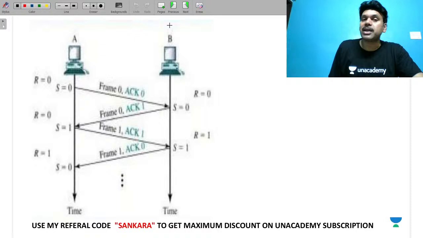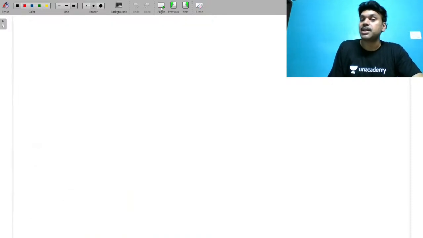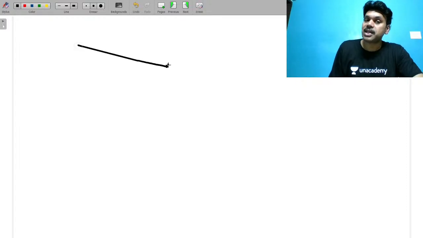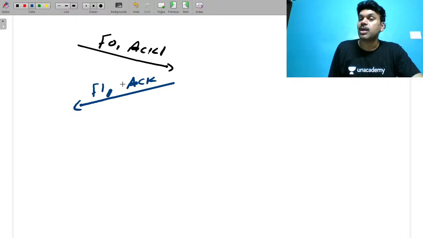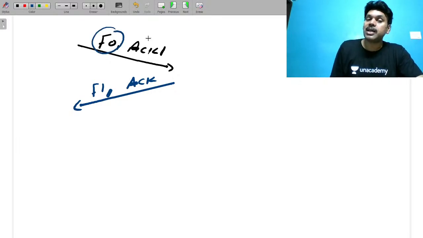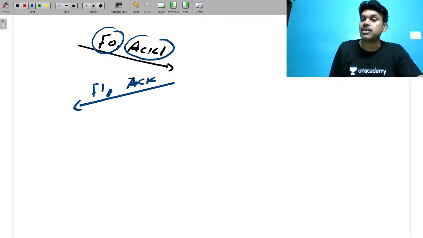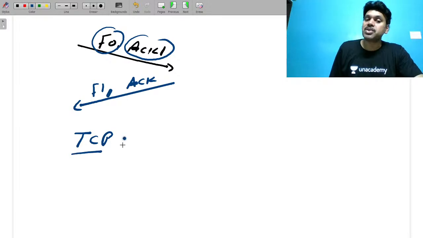So this is the piggybacking concept. What is that? Sender is sending a frame as well as sender is sending acknowledgement. He will send the frame, and on the other side he is also asking for, what? He is also sending what? Acknowledgement. This is how your acknowledgement data is embedded with your data frame. It is called piggybacking. Mostly we use it in TCP, because a TCP acknowledgement system is what? Piggybacking.